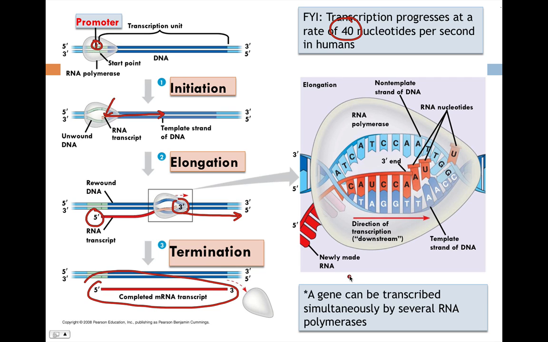Another thing that we need to point out is that genes can be transcribed simultaneously by several RNA polymerases. So here we just have one working on the DNA. But what if there was another RNA polymerase right behind it and it started copying behind it? That's what we're talking about here. So you can have multiple copies of the same message being written onto mRNA